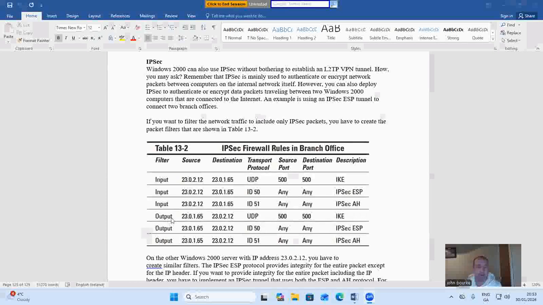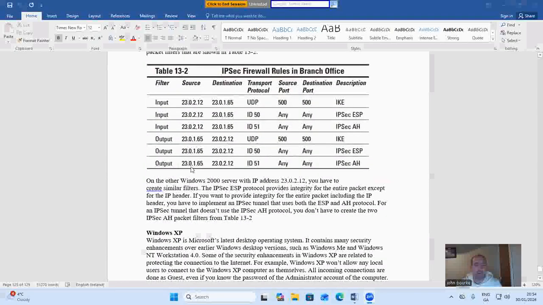IPsec output 23.0.1.65 23.0.2.12 UDP 500 IKE output 23.0.1.65 23.0.2.12 ID 50 any IPsec ESP output 23.0.1.65 23.0.2.12 ID 51 any IPsec